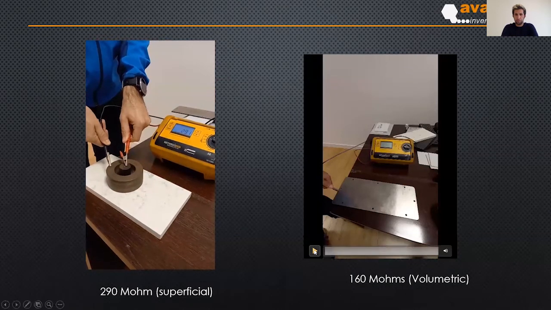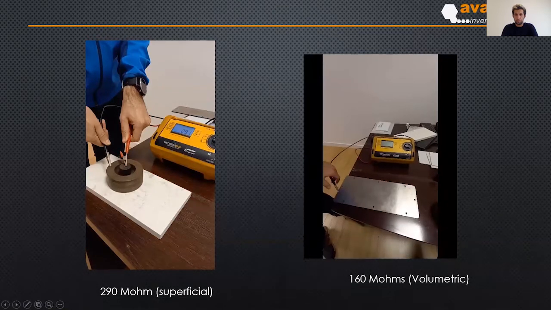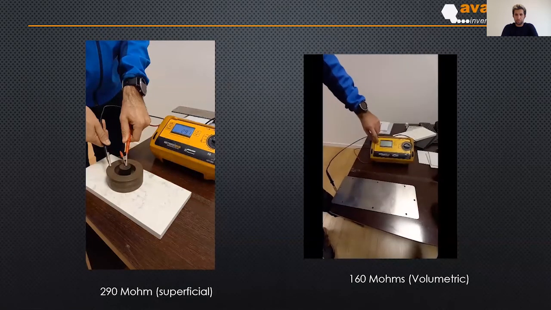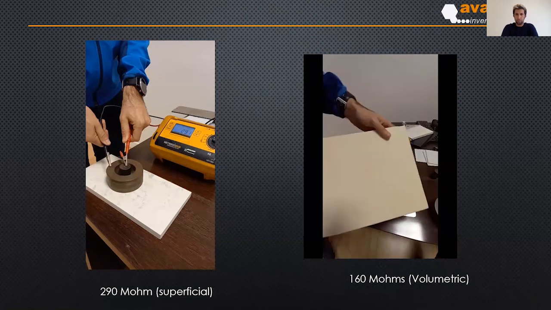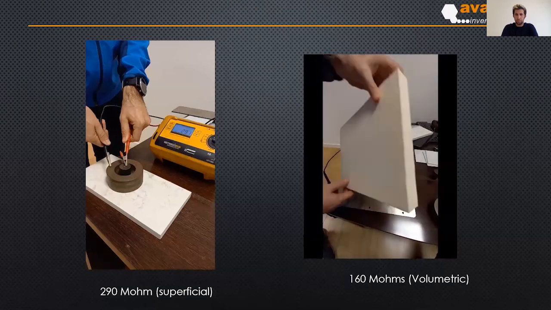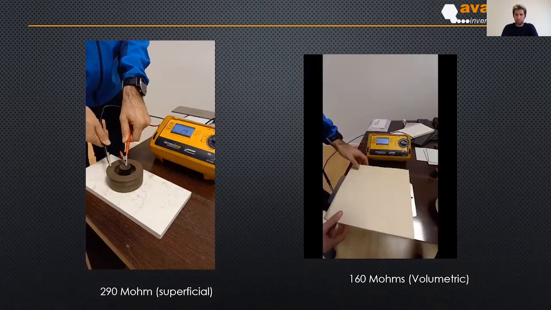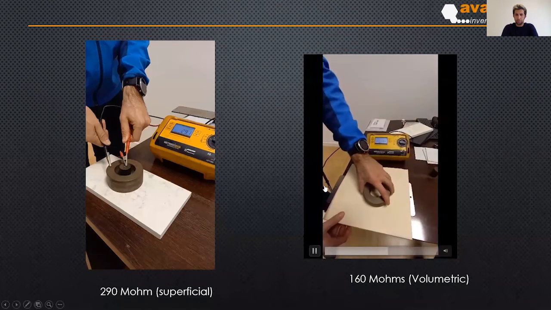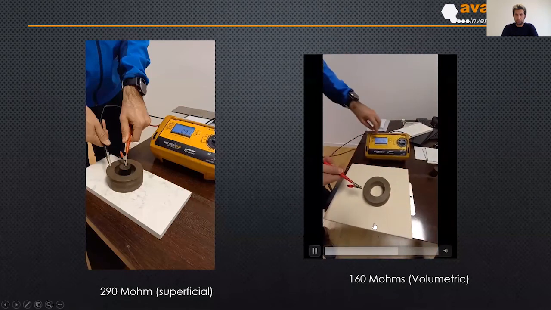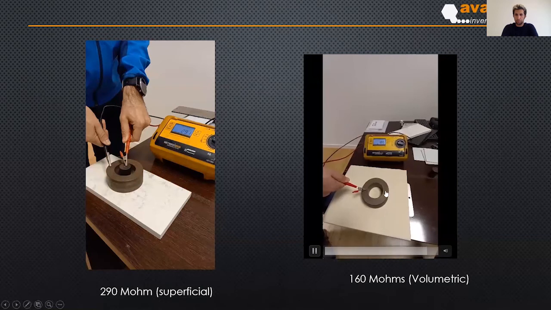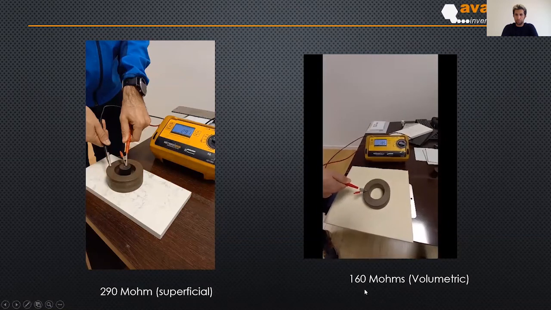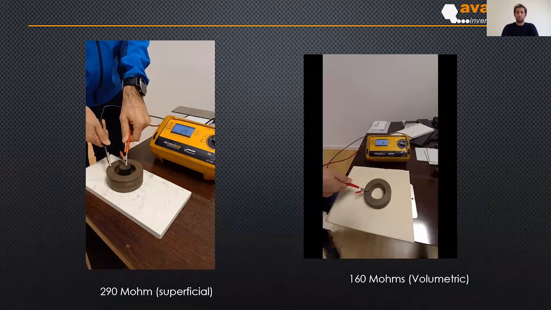And the last one, but not the least, is how to make a volumetric conductivity measurement of a sample. In this case, it's a sheet of EVA foam, and as you see, the ground is connected by this electrode, and the other electrode is connected by this red cable. The resistance in this sample is 160 megaohms. Okay,